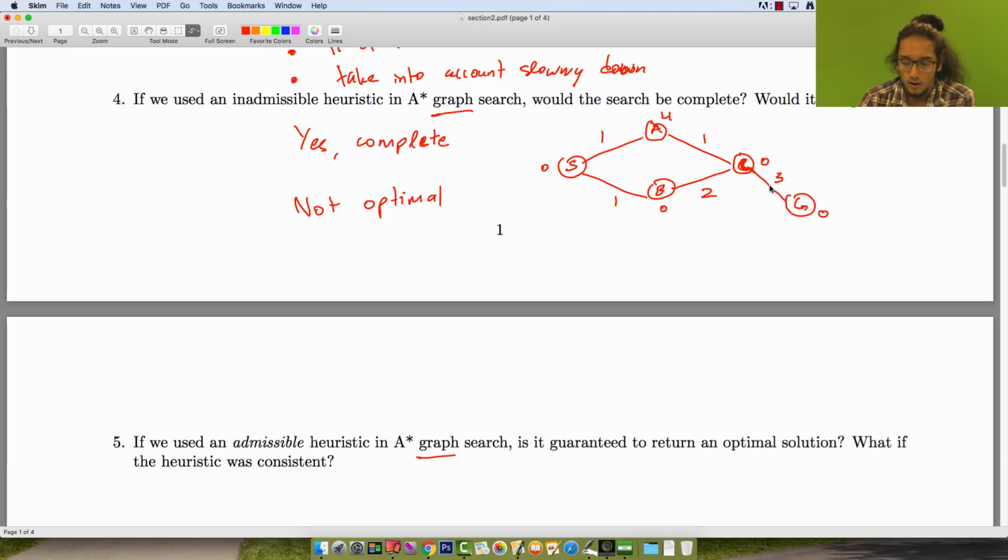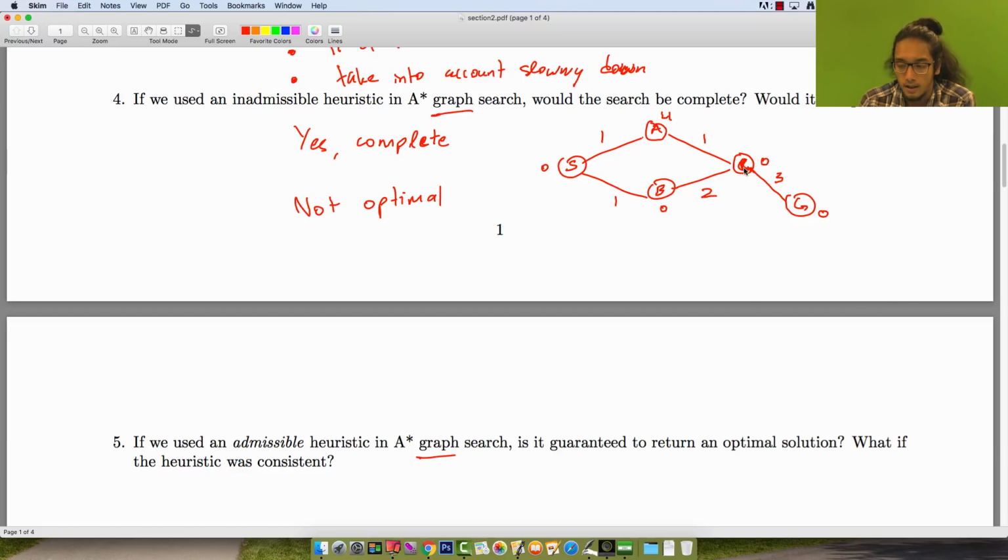So now, are these heuristic values admissible? In fact, they are. The only issue before was the 4, but 4 is now no longer an overestimate because 4 is equal to 1 plus 3, right? So now it's still admissible. Now in this case, what's A* graph search going to do? It does the exact same thing as before, right? So it starts at S, this A looks very high cost, so it goes to B,